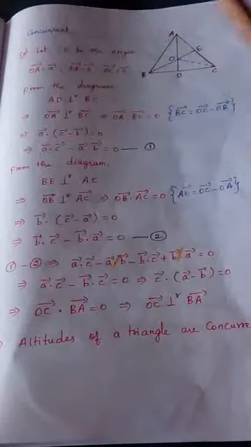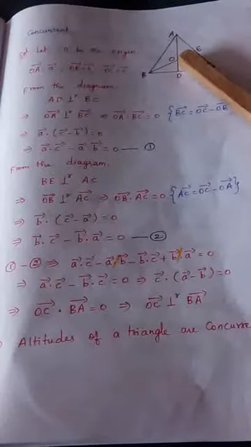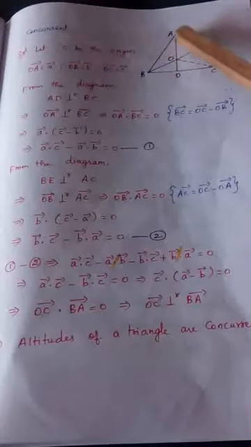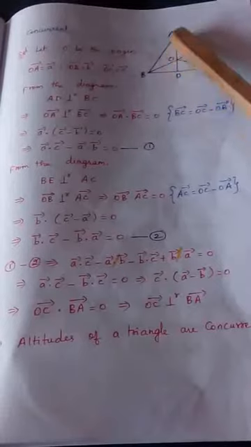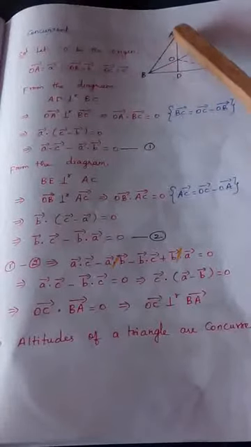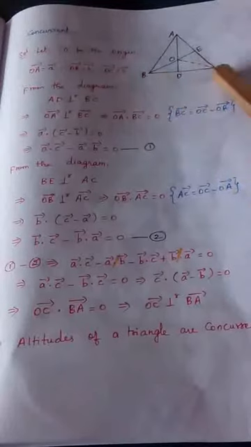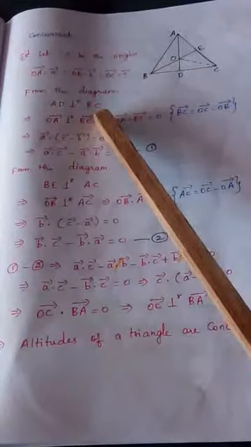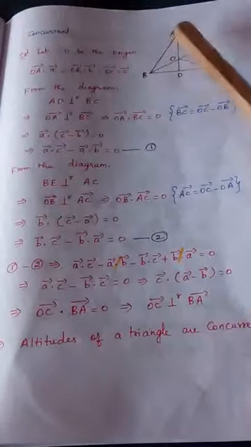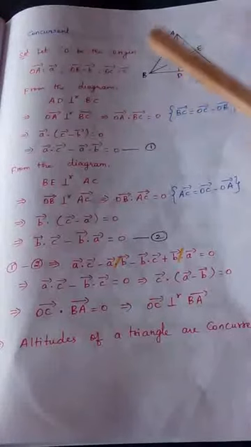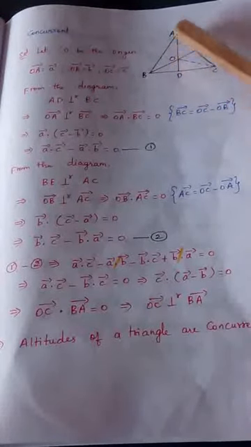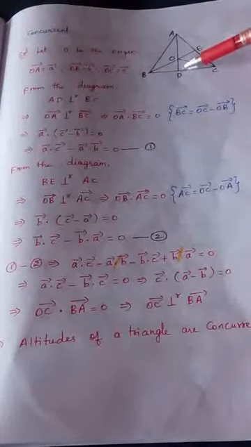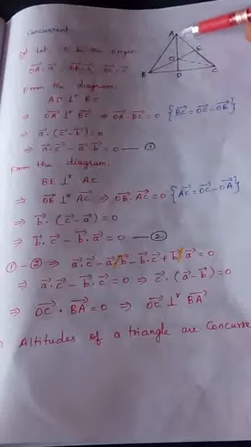Now from the diagram, if you see, AD is an altitude, right? AD is a height of the triangle, or otherwise can be called an altitude or perpendicular line. Clearly AD will be perpendicular to BC. From the diagram itself it is understood AD is perpendicular to BC because we are drawing a perpendicular only. Since AD is perpendicular to BC, the part of the line AD is nothing but OA. The total line is named as AD. In that a part is the OA vector, right?